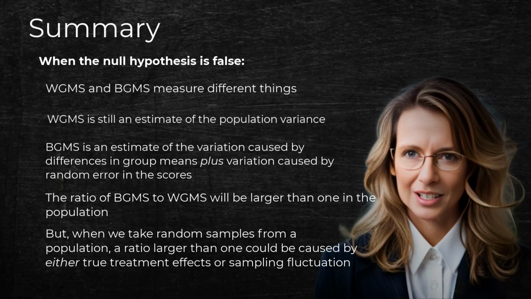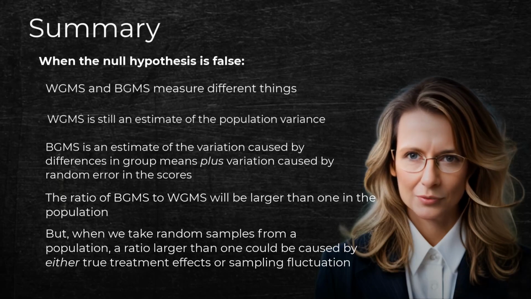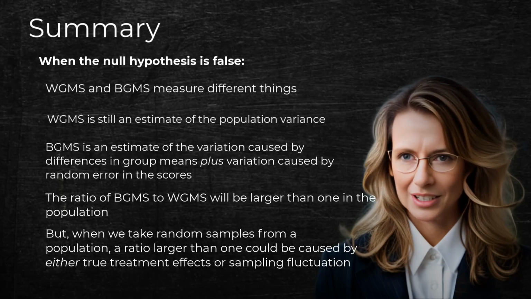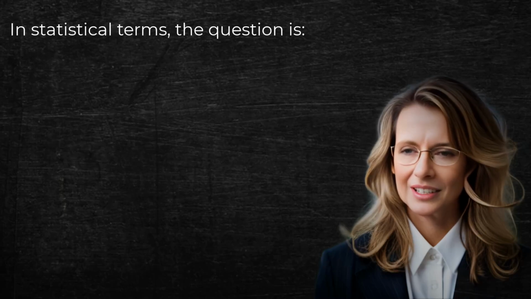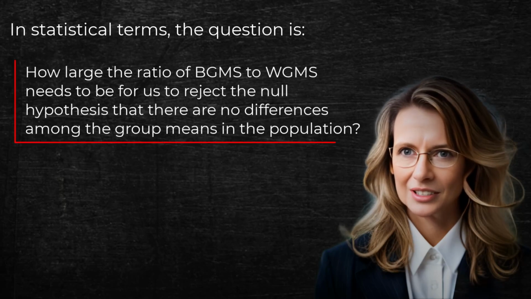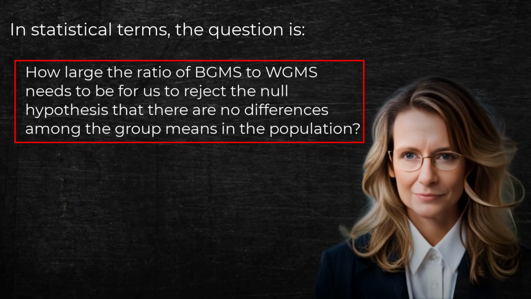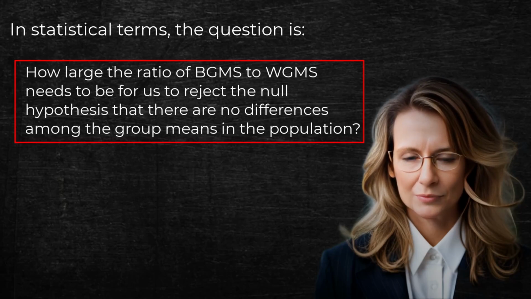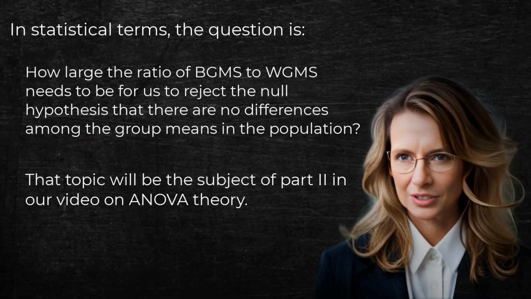But as we said, when we take random samples from a population and conduct an ANOVA on the data, a ratio of the mean squares greater than 1 might have been caused because there were true treatment effects present due to our experimental manipulations, or simply because of sampling fluctuation. In statistical terms, the question is how large the ratio of the between groups mean square to the within groups mean square needs to be for us to reject the null hypothesis that there are no differences among the group means in the population. That topic will be the subject of part 2 in our video on ANOVA theory,